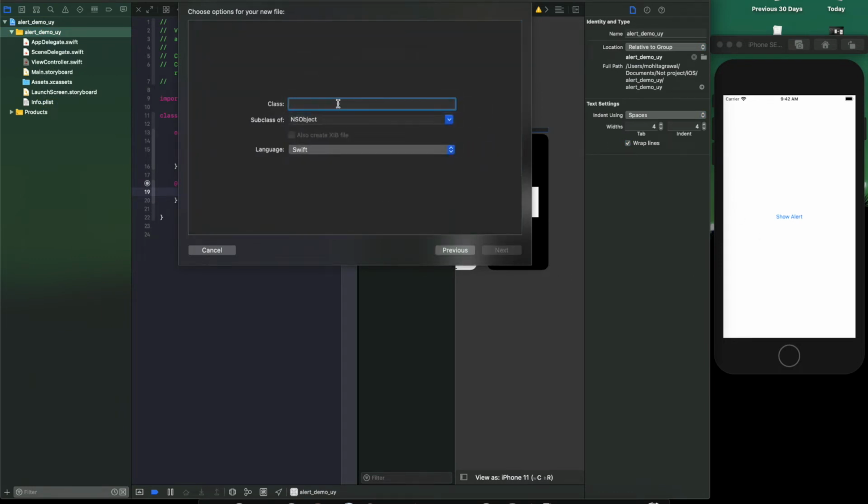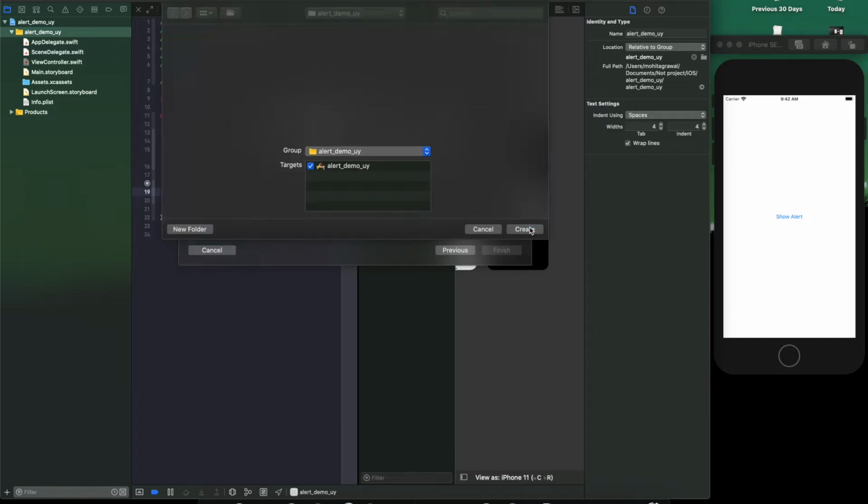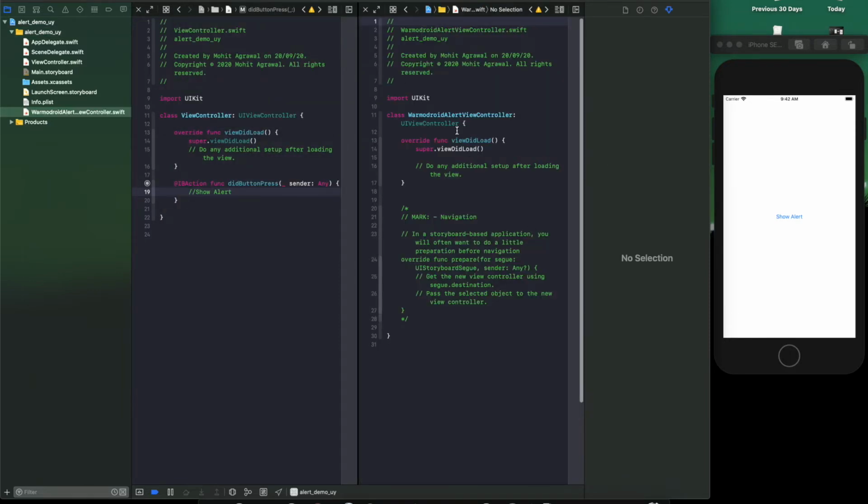We can give it the name, alert view controller, and it should be a UIViewController subclass. Let's create it. It got created here. Here you can see it as well.